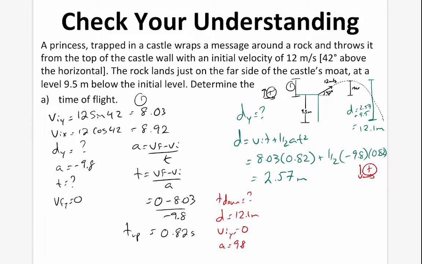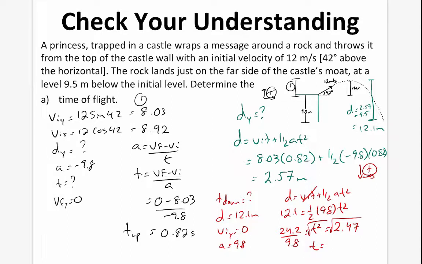And we're going to use the same equation. So d is going to equal v_i t plus 1/2 a t squared. We know v_i is 0, so that crosses that out. The distance is going to be 12.1 equals 1/2 times 9.8 times t squared. 12.1 times 2 is 24.2, divided by 9.8, and that gives us our t squared. Our t squared value is going to equal 24.2 divided by 9.8, which is 2.47. We then take the square root of both, and we get a t value of